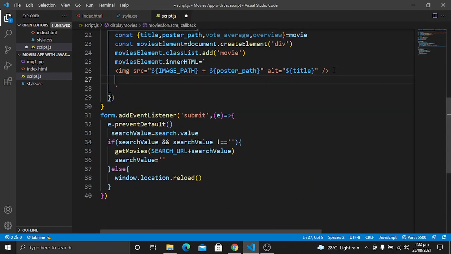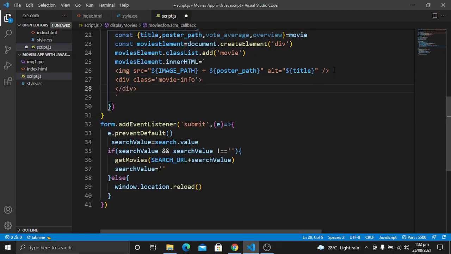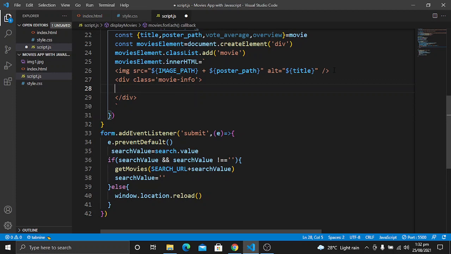So here is the image that we want to show, and underneath this we will create a div with the class of movie-info, and in this div we will have a title and a span tag.